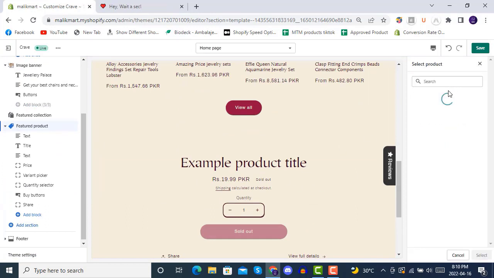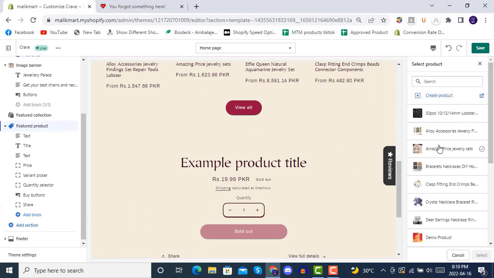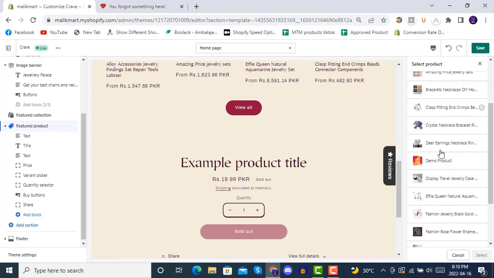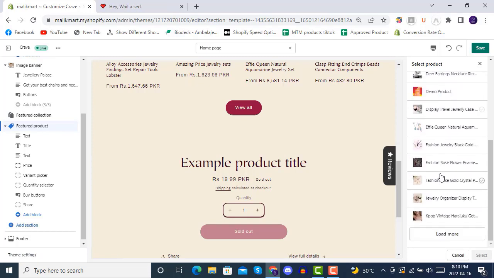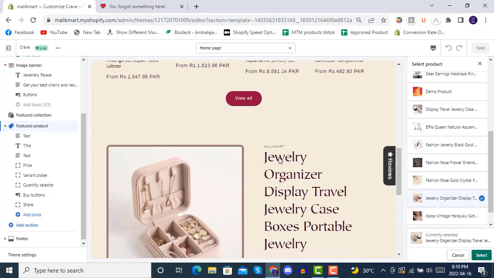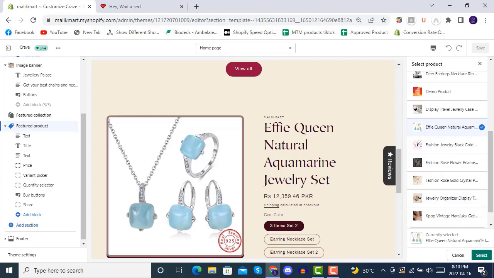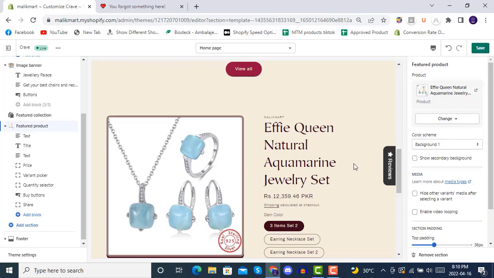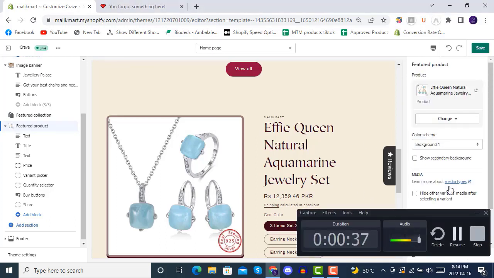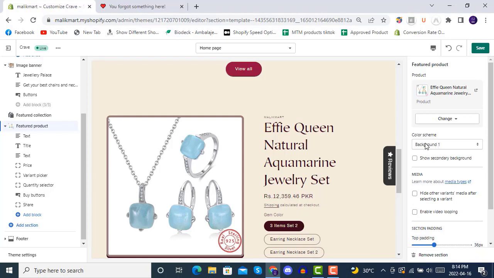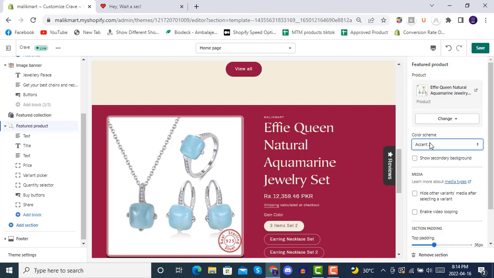Then go for feature product, and inside feature product you will see a feature product like this. Select a product you wanna show as a feature on your store. So we'll be showing one product here. The product you wanna show, just click on select here, and you can change the color scheme from here of your featured product like this,